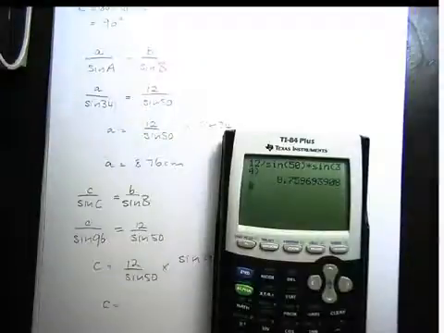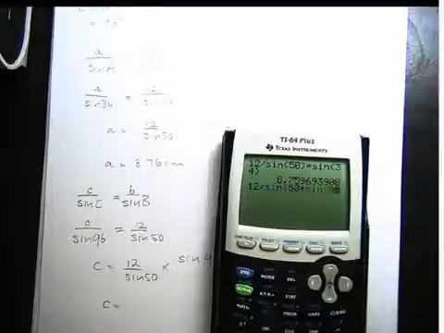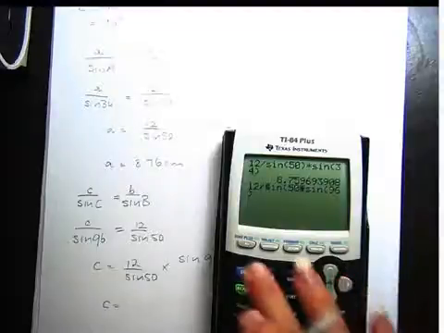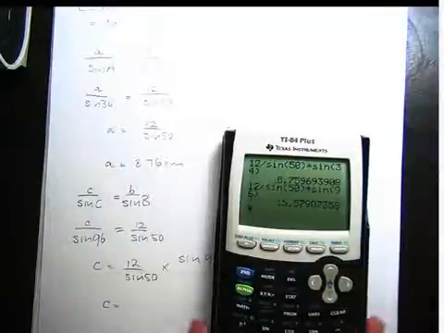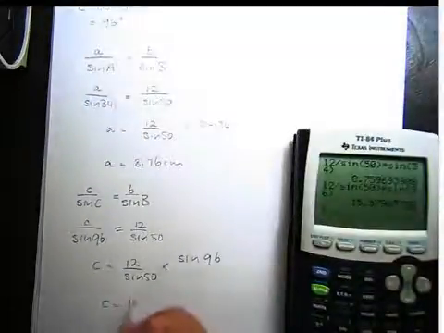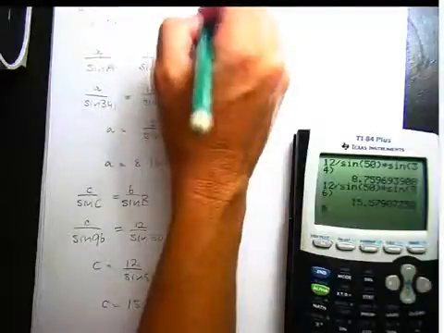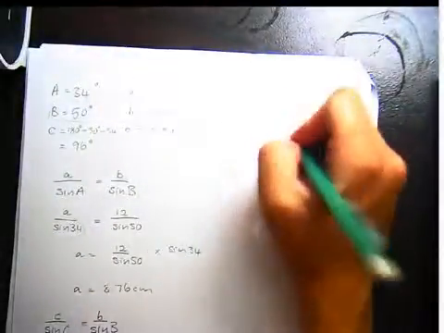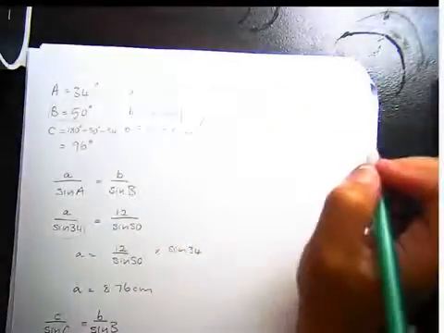Do that on my calculator. Oops, actually I forgot my bracket there, sorry. There we go. And that gives me 15.58. Now you'll also notice that if I go back up here and write those on here, so A is 8.76 and C is 15.58, a little check for the reasonableness of your results is